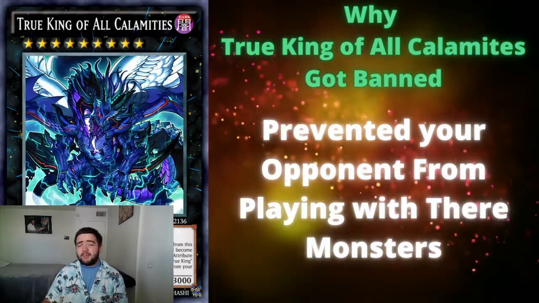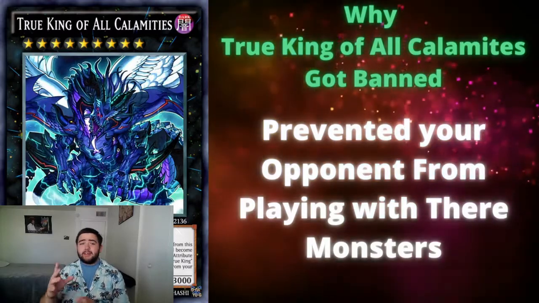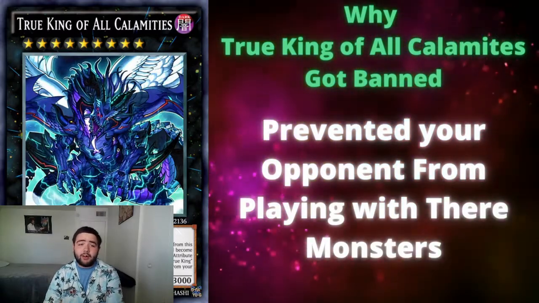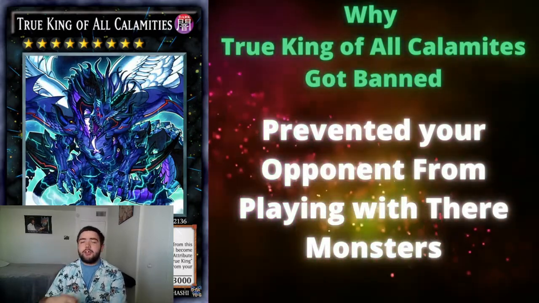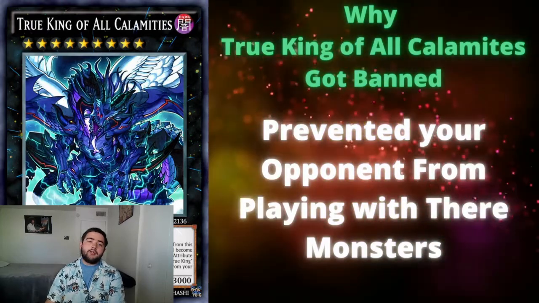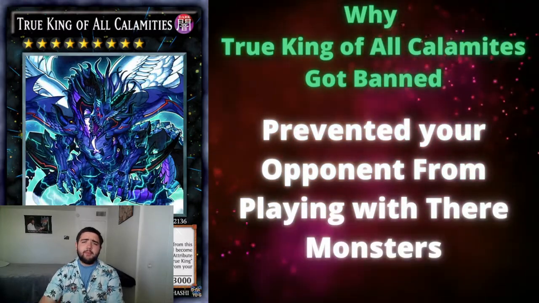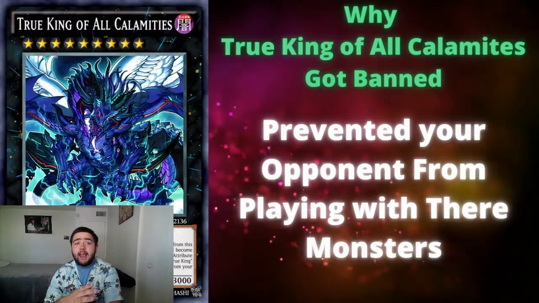And the second reason is because Chuche was basically ridiculous for the deck. Chuche prevented any negations, basically stopping True King of all Calamities. If you try to Infinite Impermanence, for example, Chuche can actually chain. So if you detach True King of all Calamities, and then they respond with Infinite Impermanence, you can Chuche destroy the Calamities that activate the effect, and basically